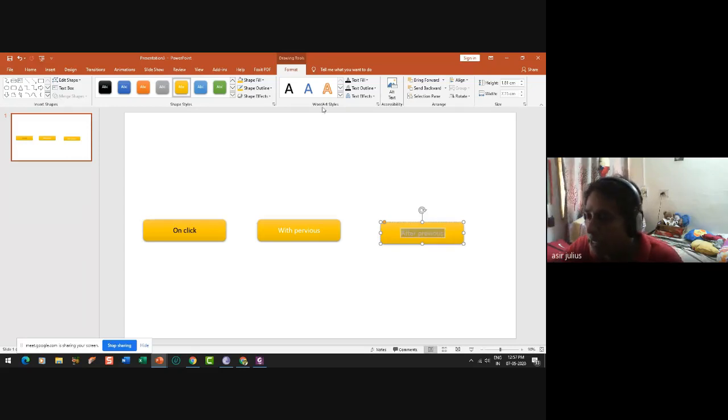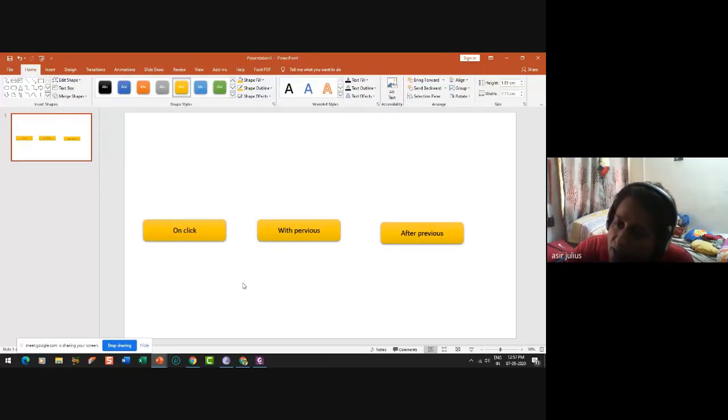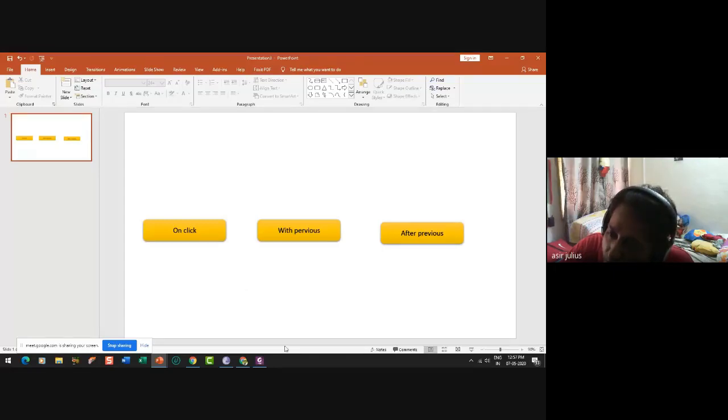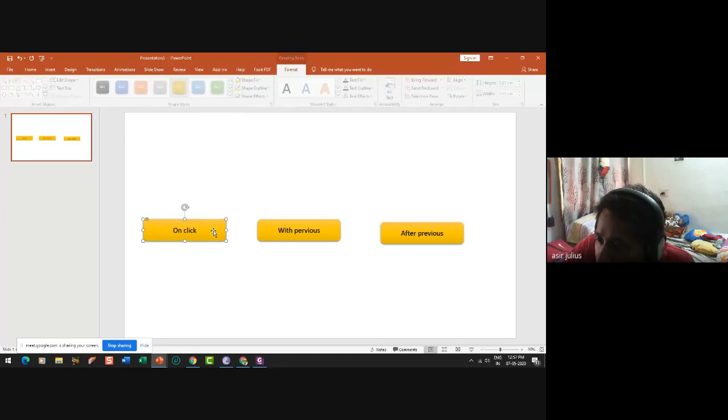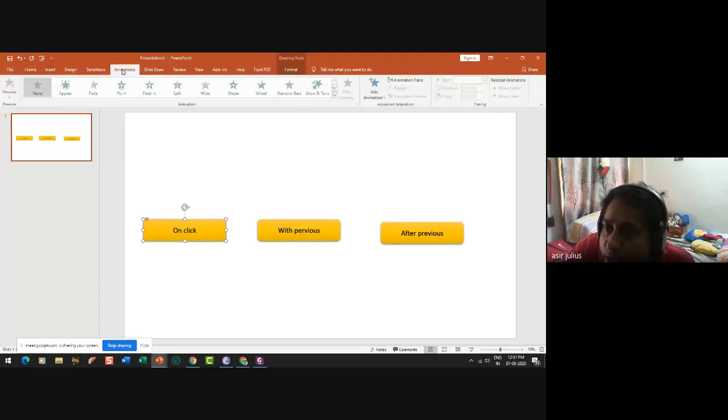To make it visible, I am just giving some tinkering. That's enough. So here you have three buttons and they should perform as per our command. The first command is on click, right? So I am giving this an animation. I'm going to animation, fly in. If I click, it should fly in.